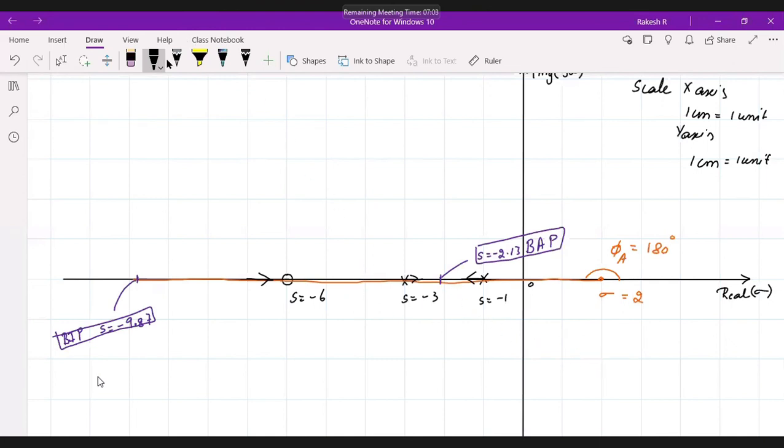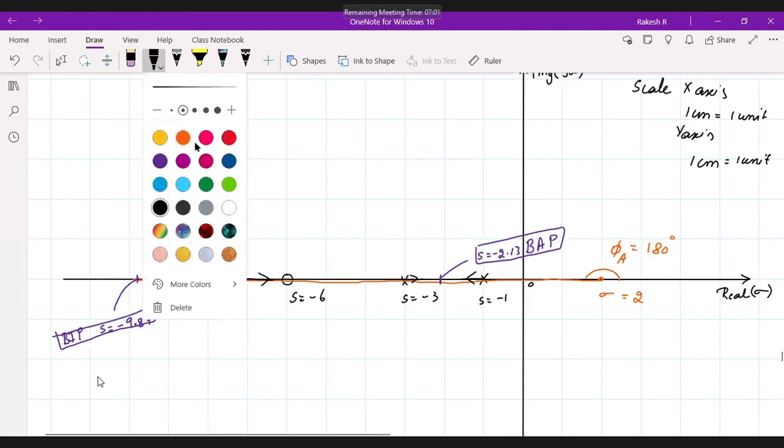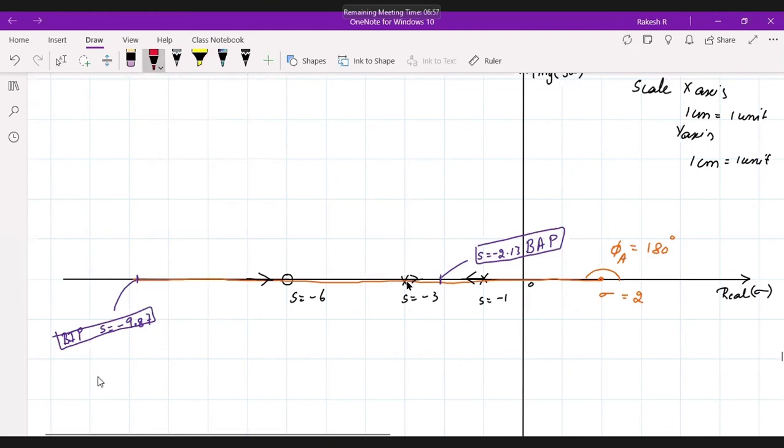Right. So how do we need to write down the root locus now? See here, we got to know one root is starting like this. I'll take any other color. The root locus will be coming here like this in this direction. And another root is coming here in this direction. And here we'll have the break away point, and here we'll have the break in point. So here it will be breaking away and merging with this one root. Another will break away like this, and it will be merging here like this.